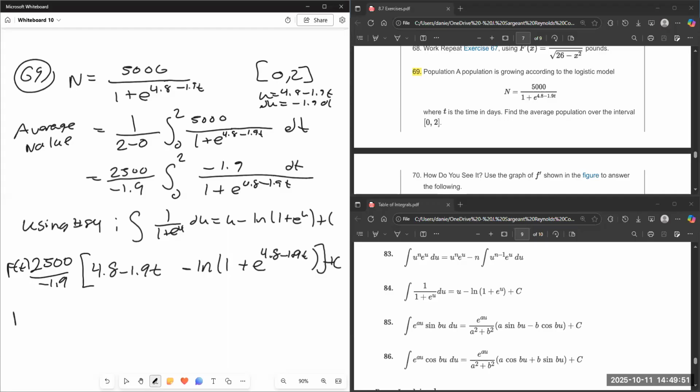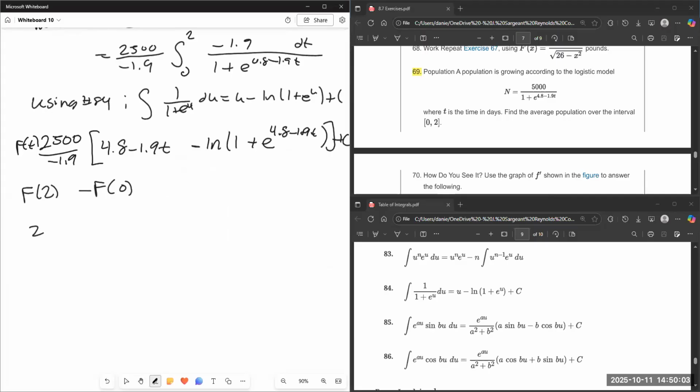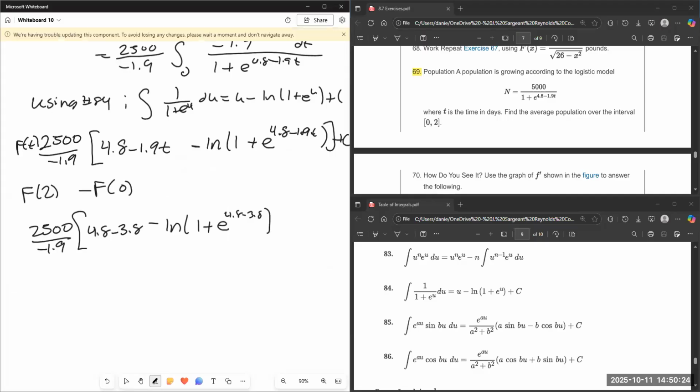And capital F of 2 minus capital F of 0 is going to be 2,500 over negative 1.9 times 4.8 minus 3.8 minus ln of 1 plus e to the 4.8 minus 3.8,